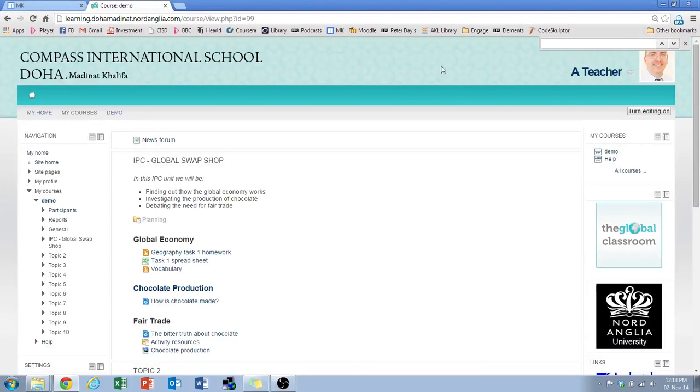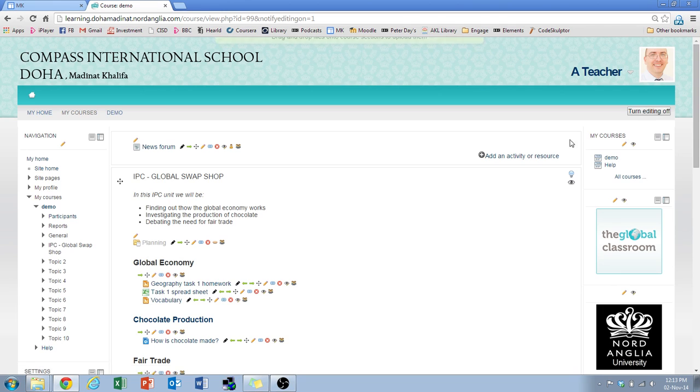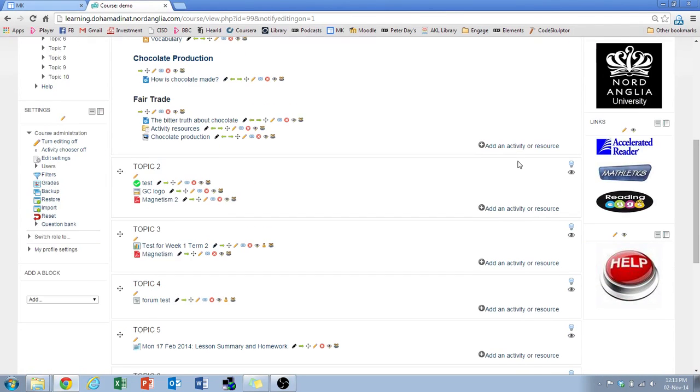In this tutorial, we'll be looking at how to add a resource to Moodle. The first thing we need to do is turn editing on. To do that, go to the right-hand side and click on the button Turn Editing On. Now we scroll down to the area that we want to add the resource, and we're going to do that